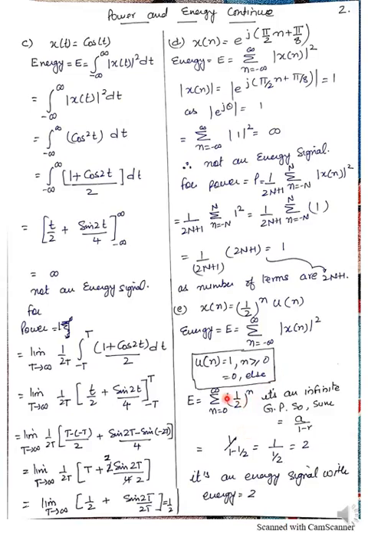So here, what's the first term? After putting the value of n equals 0, the first term will be 1. And what's the common ratio? We'll put the second term, n equals 1, so it will be 1 by 2. And what's the first term? 1. So it's 1 by 2 divided by 1. So R is 1 by 2. So the answer here is 1 divided by 1 minus 1 by 2, which is 1 divided by 1 by 2, and it is equal to 2. So it's an energy signal with energy equal to 2. So we need not find the power here.